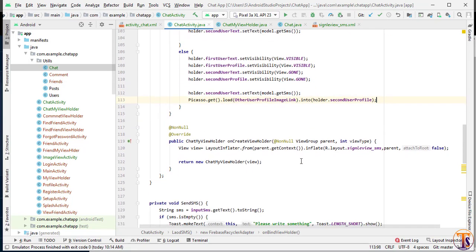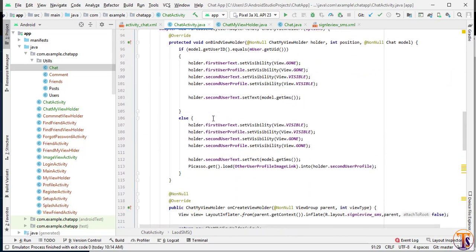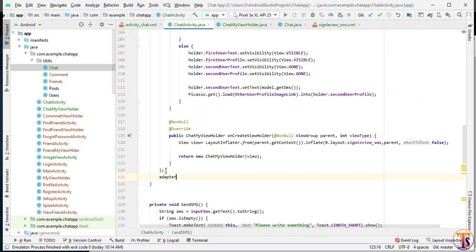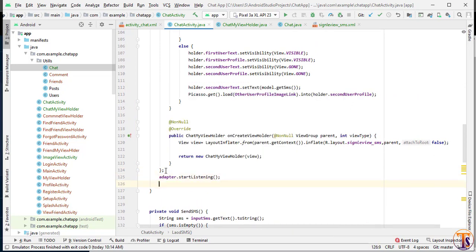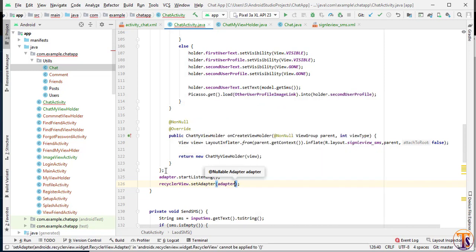So finally we have to start our recycler view. So here we have the recycler view. So adapter.startListening and recyclerView.setAdapter, and here we will pass this adapter. Okay, now run the application.